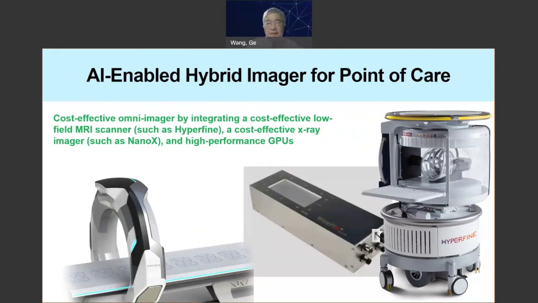Thanks to the rapid development of medical imaging and deep learning technologies, the situation is now quite different. The company NanoX reports cost-effective X-ray imagers for tomosynthesis. Hyperfine is the brand name of low-field portable MRI scanners. Also, photon counting detectors record both X-ray and gamma-ray signals to unify CT and SPECT imaging. Hence, it is feasible now to integrate these cost-effective imagers together into a cost-effective omni-tomographic system in a deep learning framework